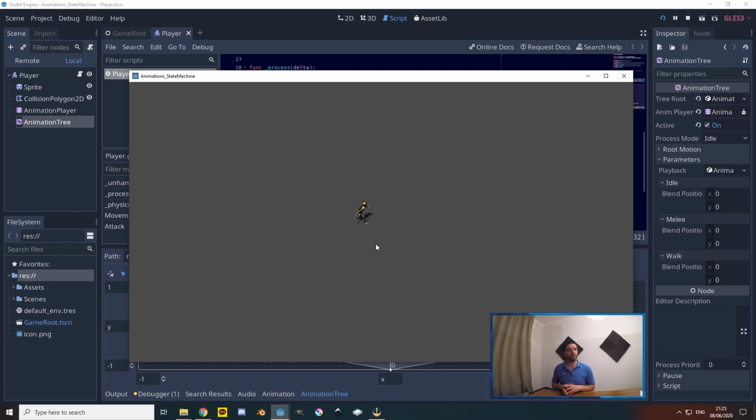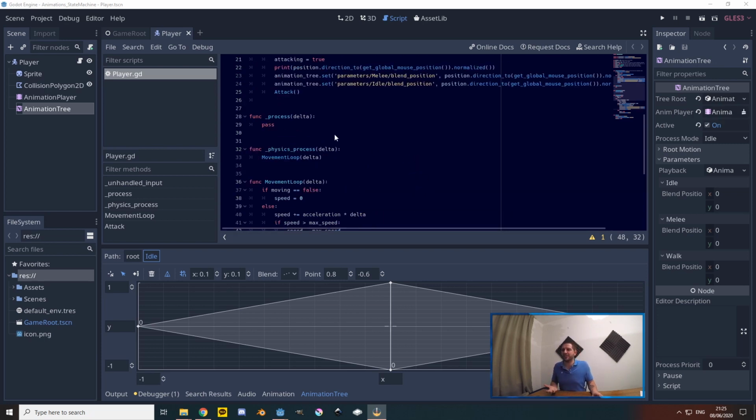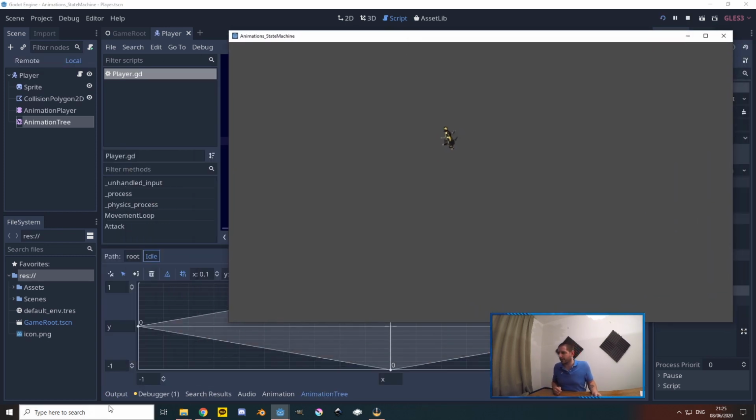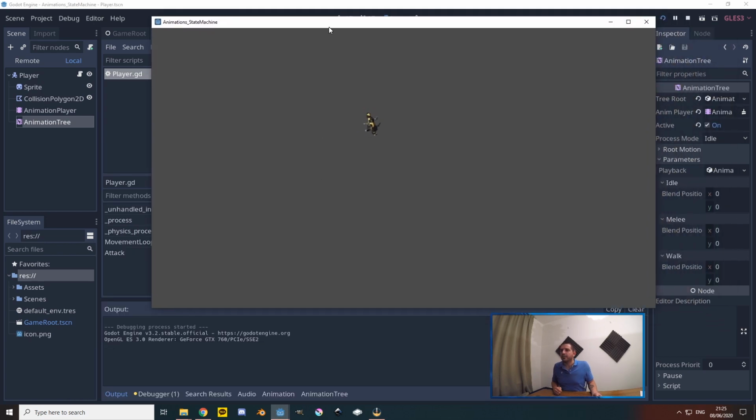Now, of course, right now we only have 4 directions in, and this is an 8-directional sprite sheet. So let's add the other 4 directions real quick, and then we're done with this tutorial. For the last 4 directions, this is actually pretty easy, and the reason why I've kept this print command right here. When I'm going again back into our game here, and I'm watching again the output,